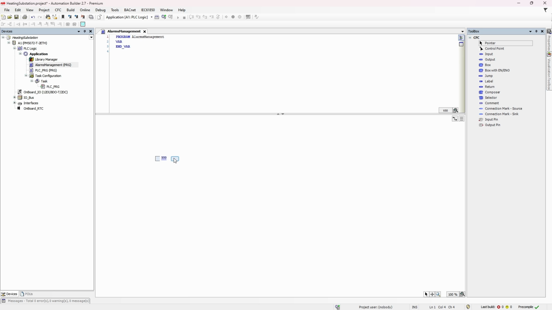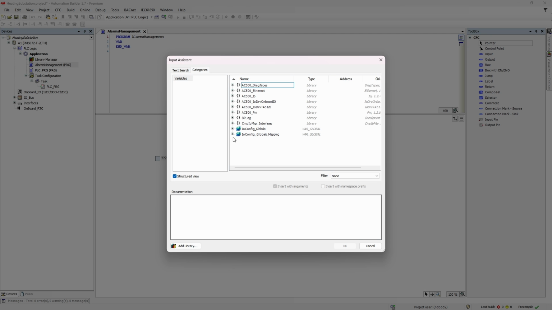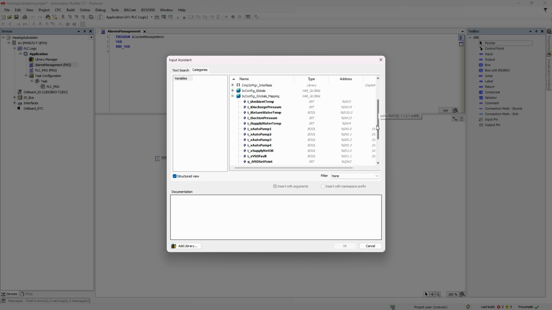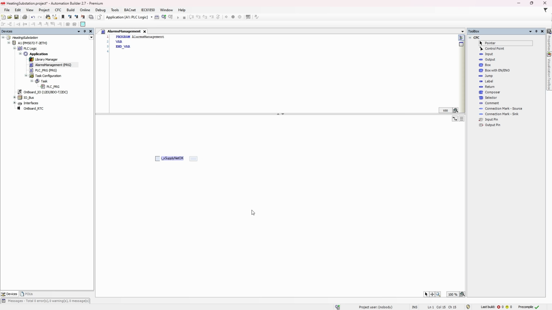Then double-click on it, click this button on the right, expand IOconfig global mapping, and here we can see the list of mapping for the PLC I/O channels, which we have done before. We want to select supply network relay signal. Hit OK, enter.